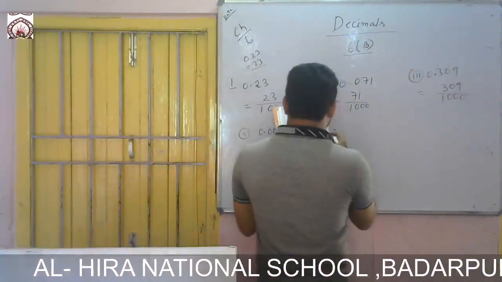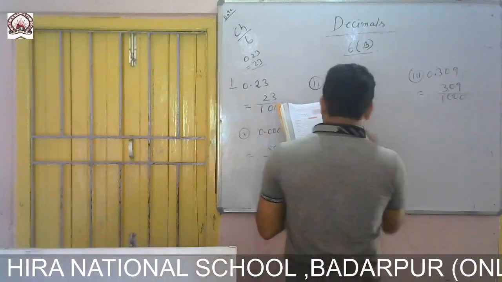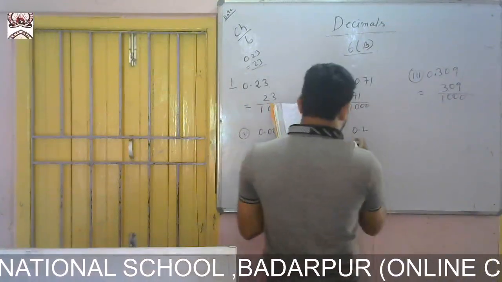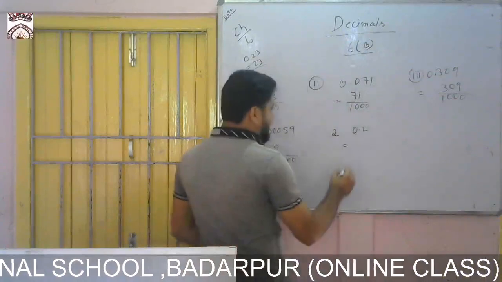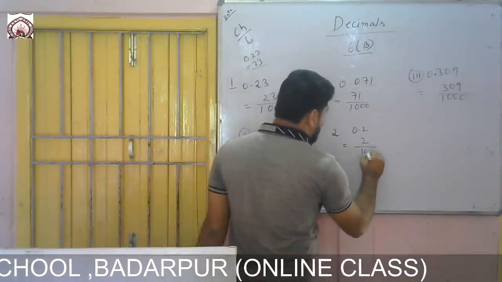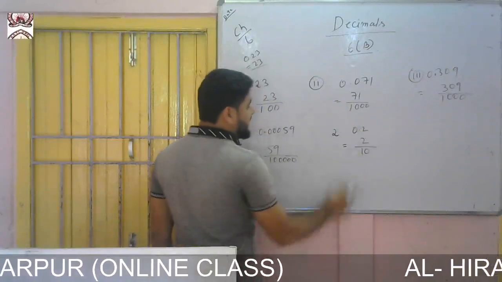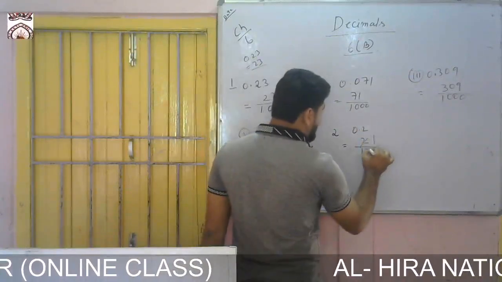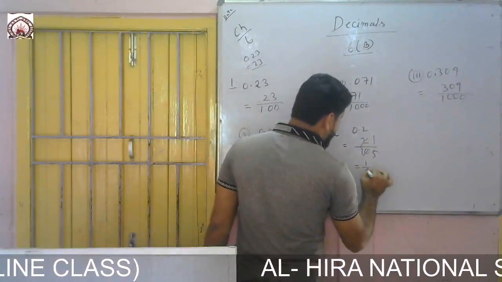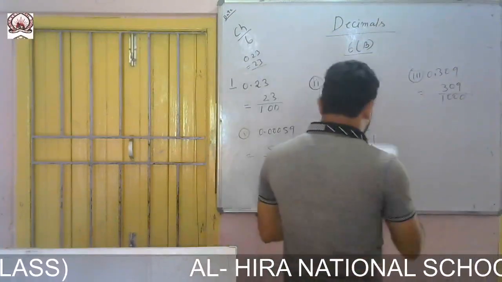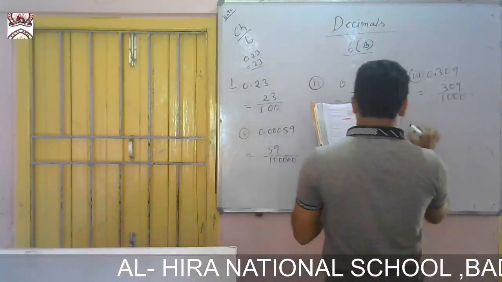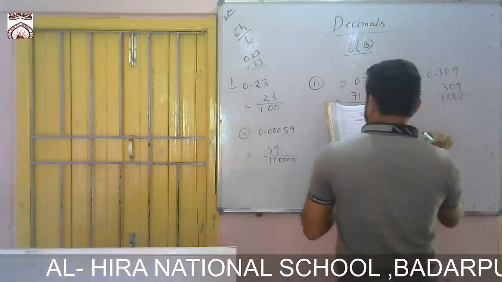So question number 2, what is there? 0.2. Okay. So 0.2 means, like earlier, I can write 2 by 10, because 0.2 has one digit after the point, so 10. Now you can cancel it. 2 1s are 2, 2 5s are 10. So the answer is 1 by 5. Now it is in the lowest term.